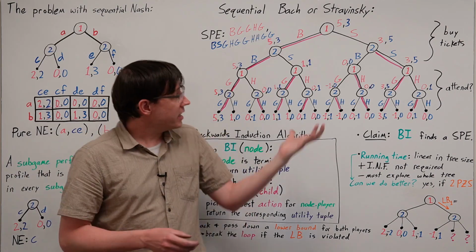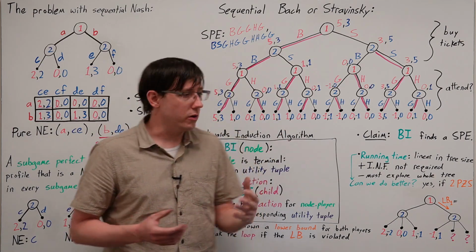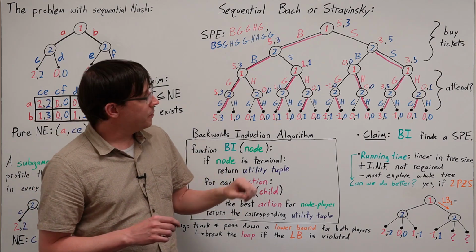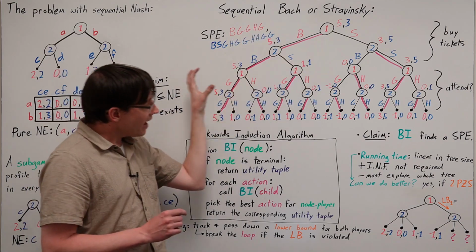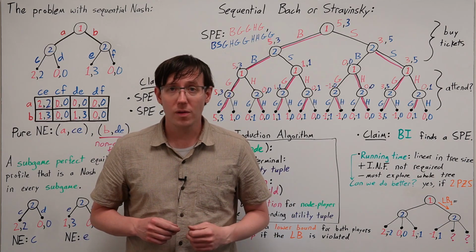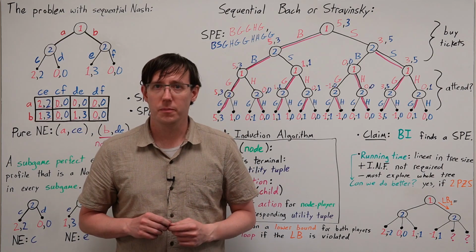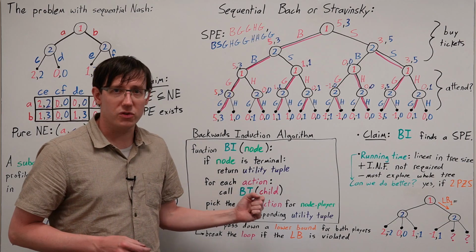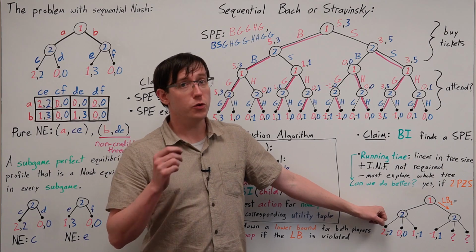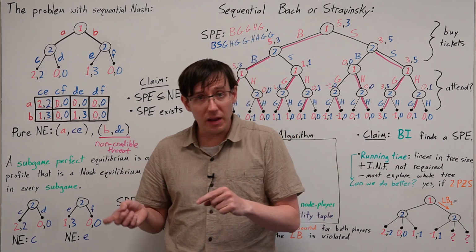And so sometimes just exploring the game tree is not efficient enough, and so we should think about whether there are ways we could refine backwards induction and find a subgame perfect equilibrium without having to recurse on every single node in the entire game tree. In the general case, there's not much we can do, but as we've seen before, the 2-player zero-sum case is often easier, and that turns out to also be the case with backwards induction, because in a zero-sum game, it is sometimes possible to be sure, without exploring certain nodes, that they are never going to be played in the